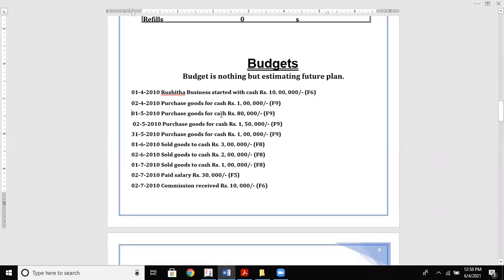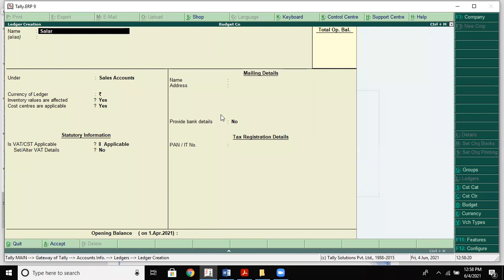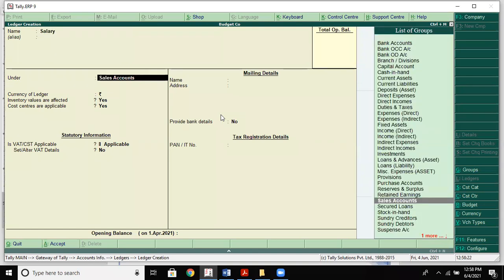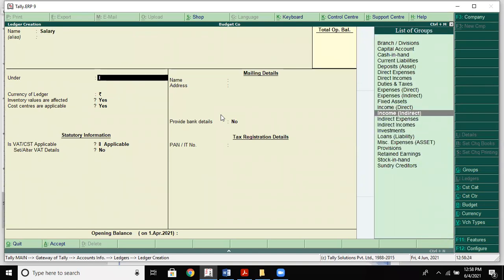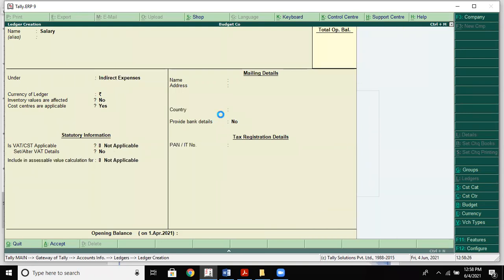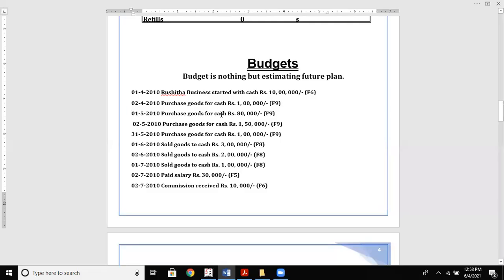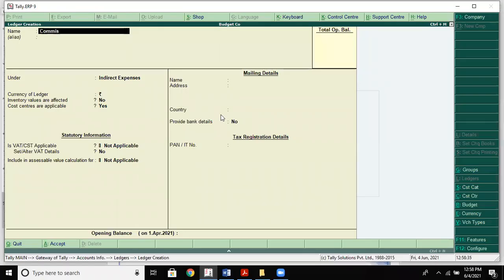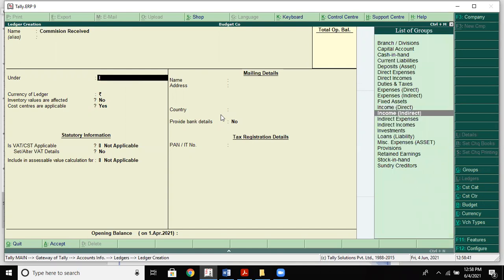Then she paid salary. So salary is your indirect expense. She also received commission. It's an indirect income.